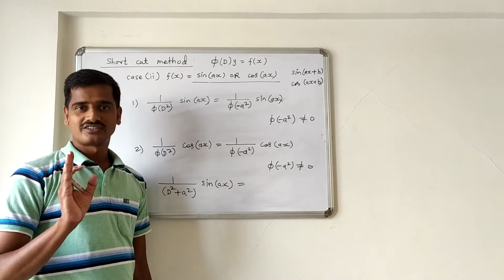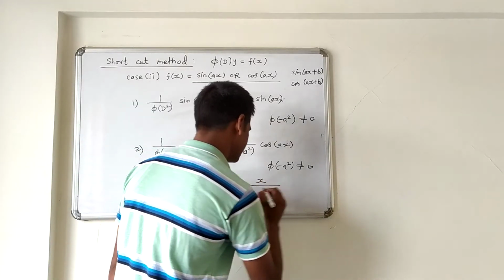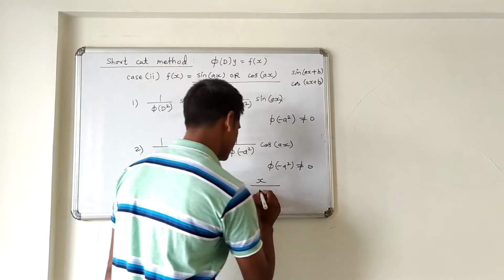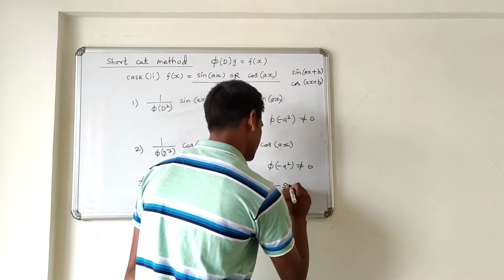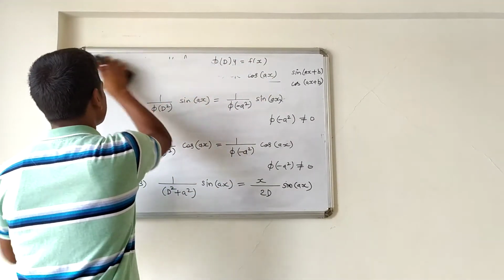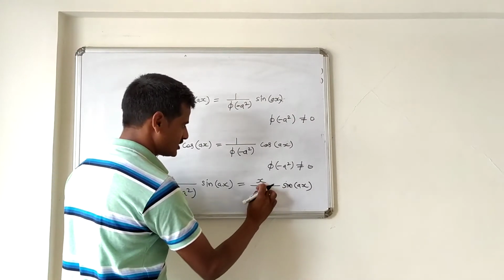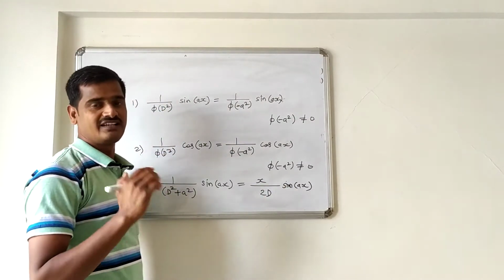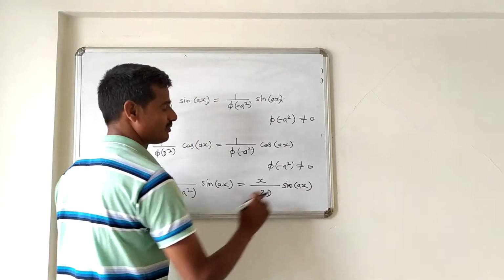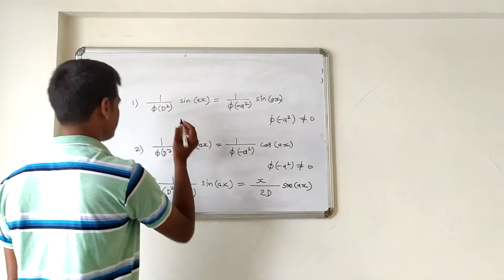If you come across a case of failure, always remember to multiply the numerator by x and divide by the differentiation of d square plus a square. So it is 2d operated on sine of ax. Now what is this? x by 2, 1 upon d. If d stands for differentiation, then 1 upon d stands for integration. So what is the integration of sine of ax? It is minus cos of ax divided by a.